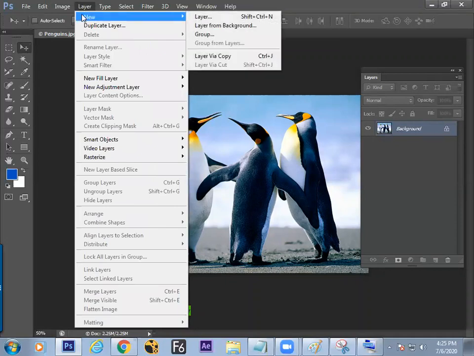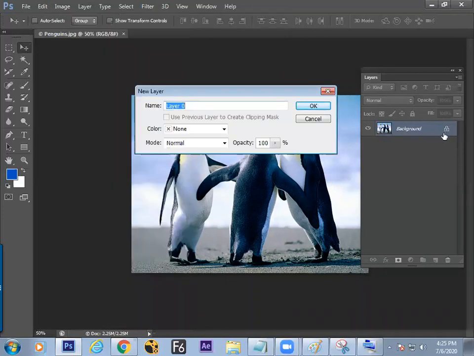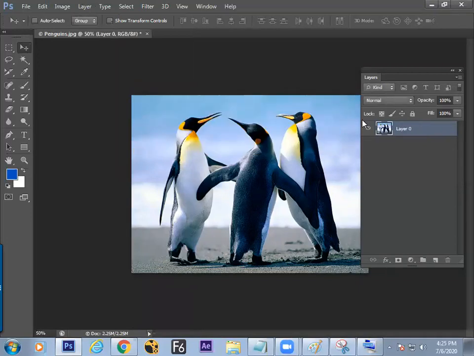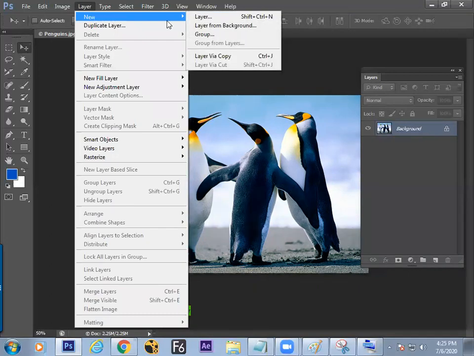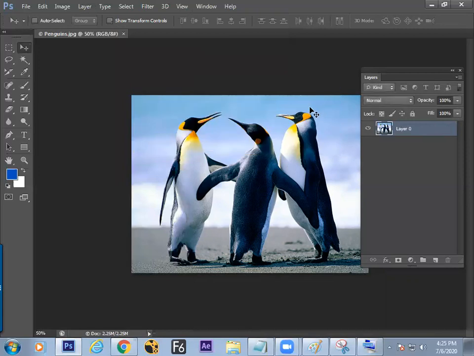There are three methods to unlock a layer. One, drag and just double click over here. Second, go to the Layer menu, ask the software for Layer from Background. In this way also, we can make a layer unlocked.